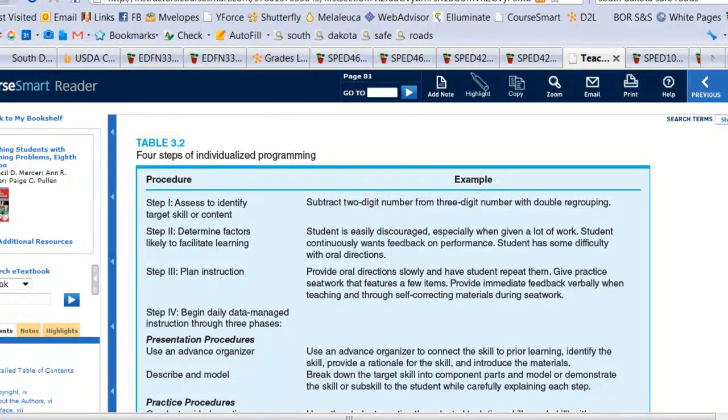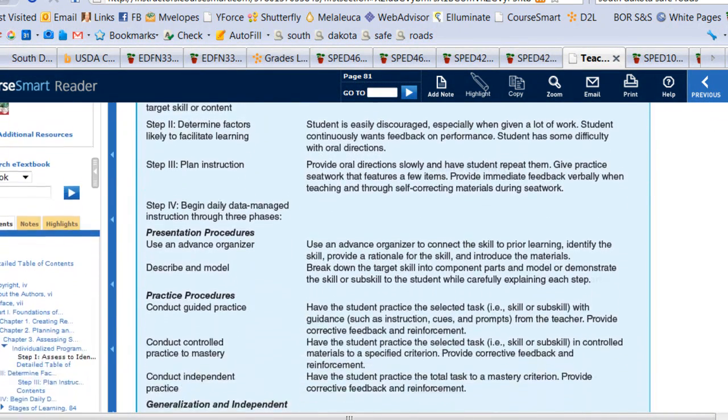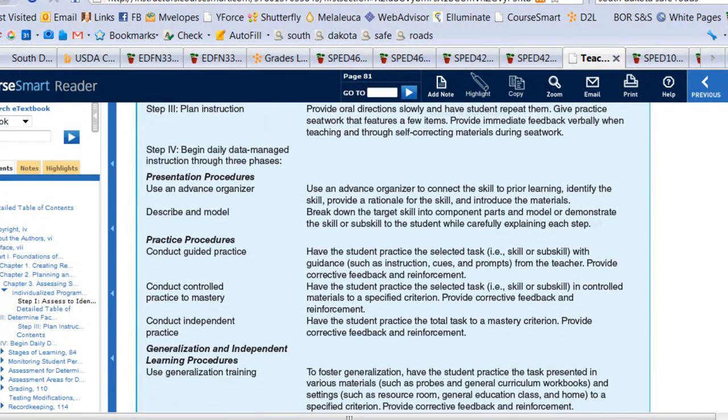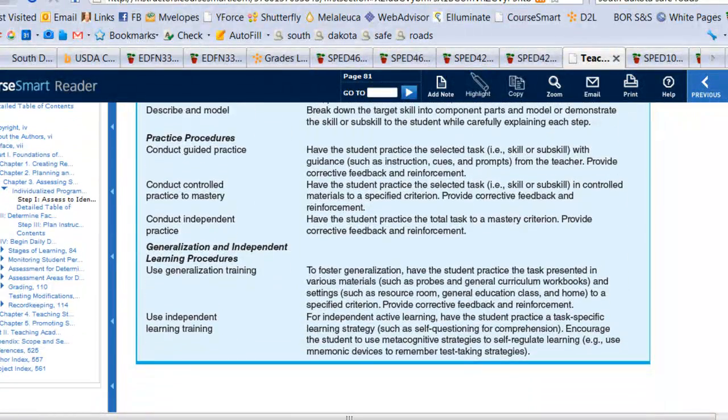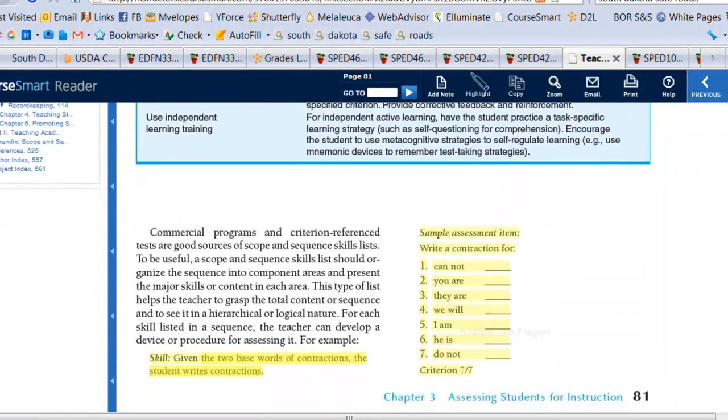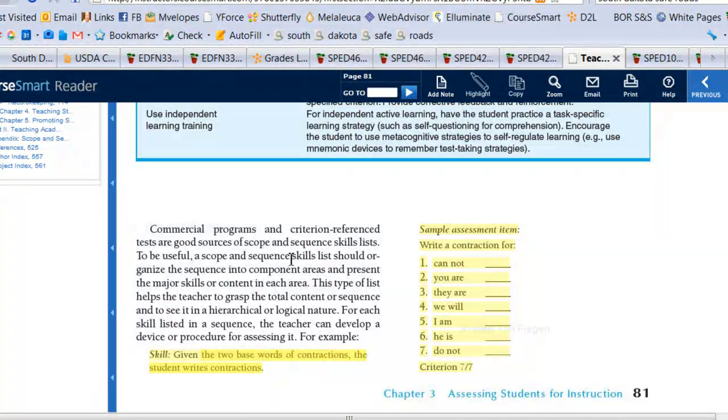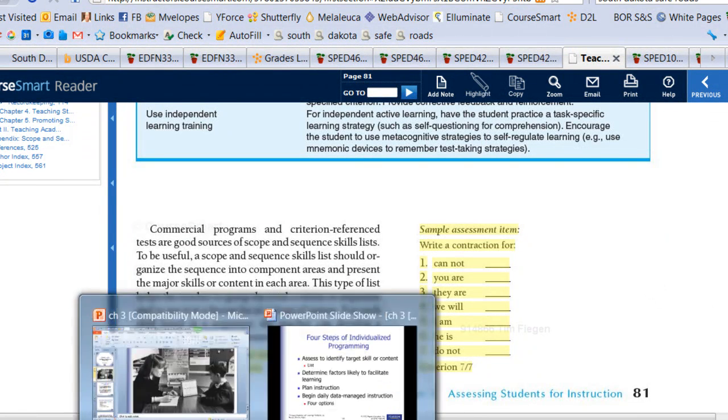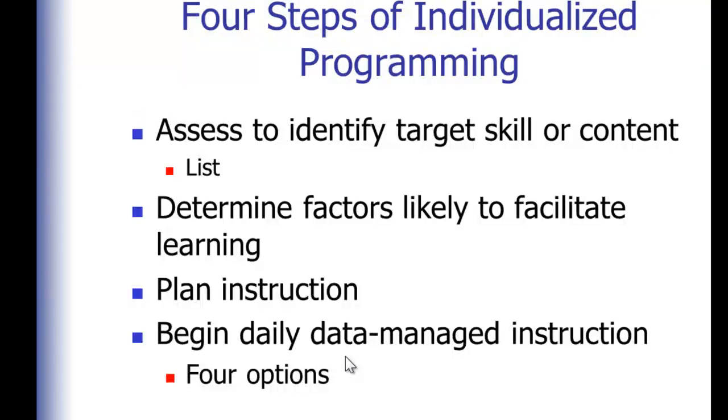And then here on page 81 of your text kind of takes you through that. Okay. Let me see if I can bring this to another level. Let's say that you want to teach this addition. Well, one of the things in the task analysis is you want to add 39 plus